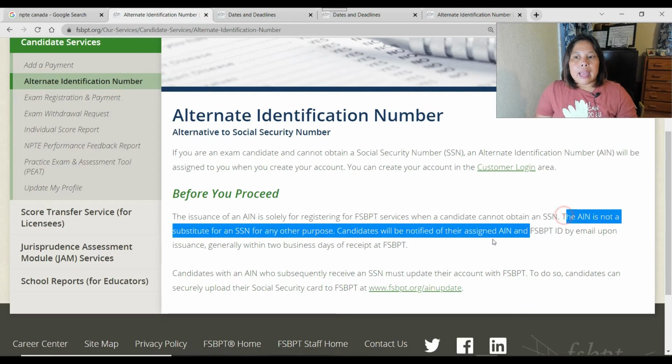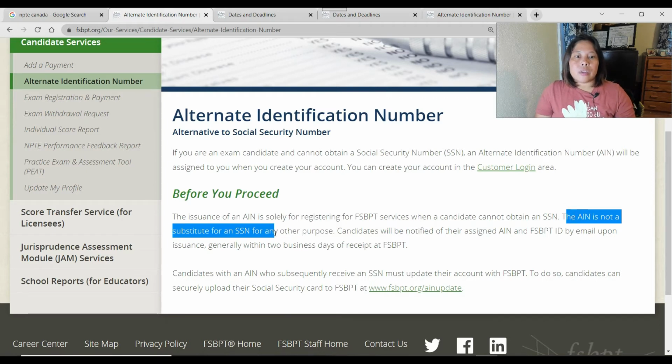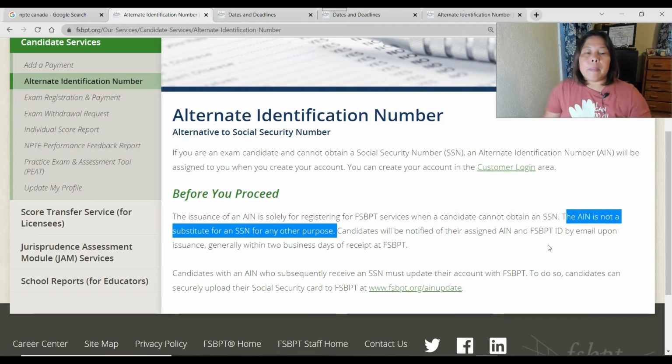The AIN is not a substitute for a social security number for any other purpose. Candidates will be notified of their assigned AIN and FSBPT ID by email upon issuance, generally 2 business days